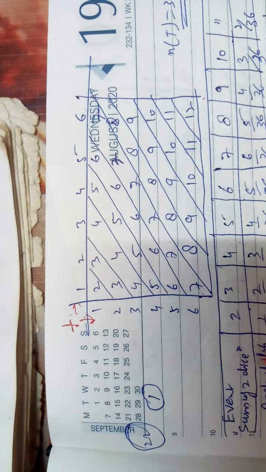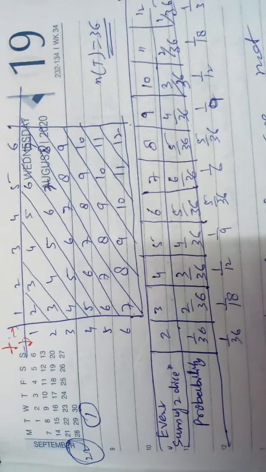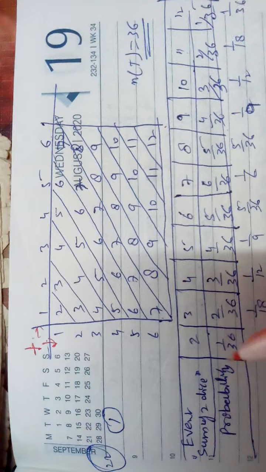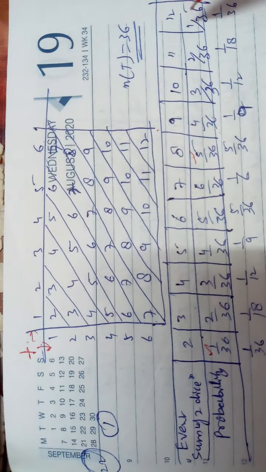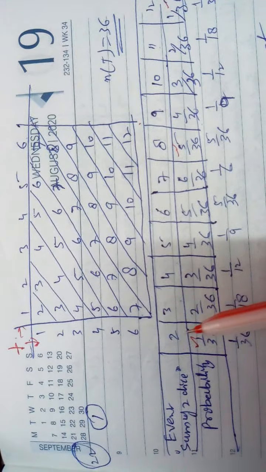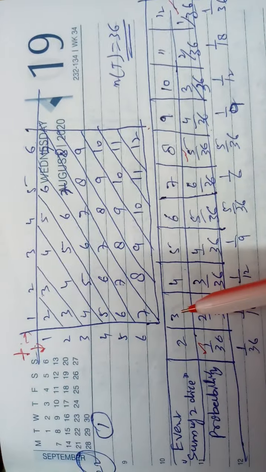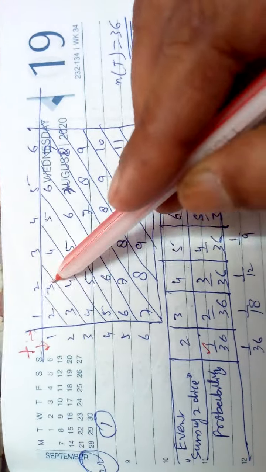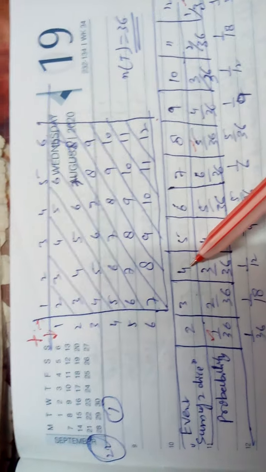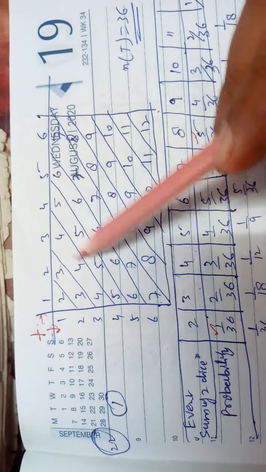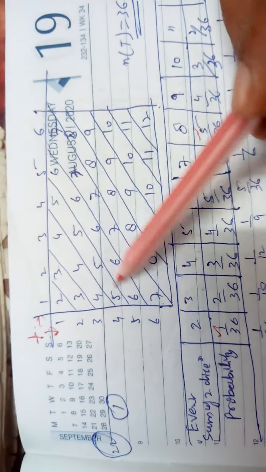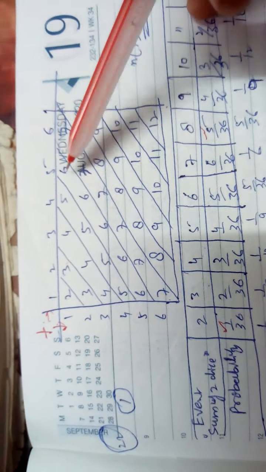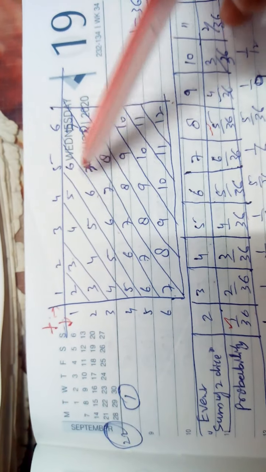These sums are the events, sum of two dice: 2, 3, 4, 5, 6, 7, 8, 9, 10, 11, 12. So here this is given, and this is given, and this is given. Others you do yourself. So you will write 1 by 36. 3 is here 2 times, 1, 2. So the number of favorable outcomes is 2, 2 upon 36. 4, how many times are you getting? 4 I am getting 3 times, 3 by 36. 5, 4 times, 4 upon 36.